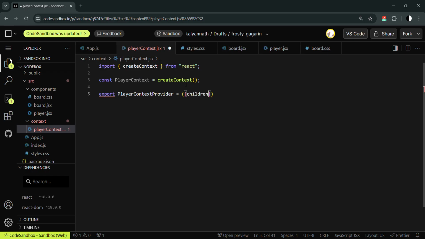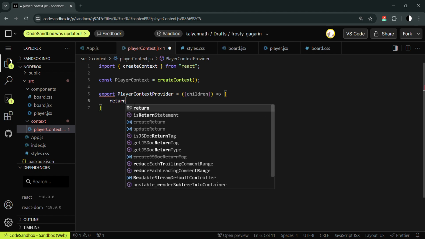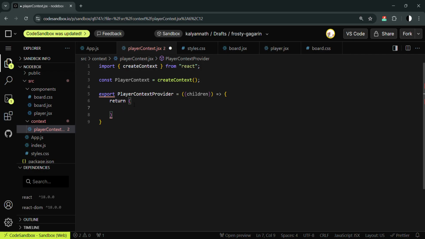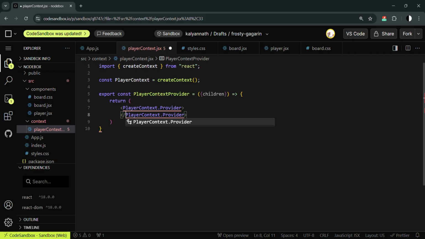This component will take one children because we need to wrap the whole application inside these providers, right? So I'm exporting, and this children prop will be there, and this will return. What happened? Export, we should have const keyword here, right? Player context dot provider. This should be closing tag, and here we should display the children,